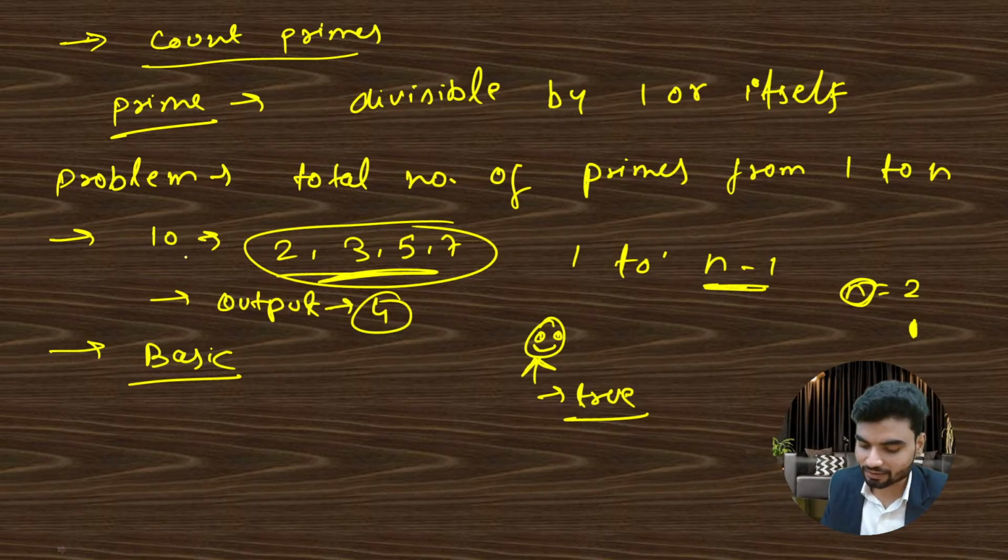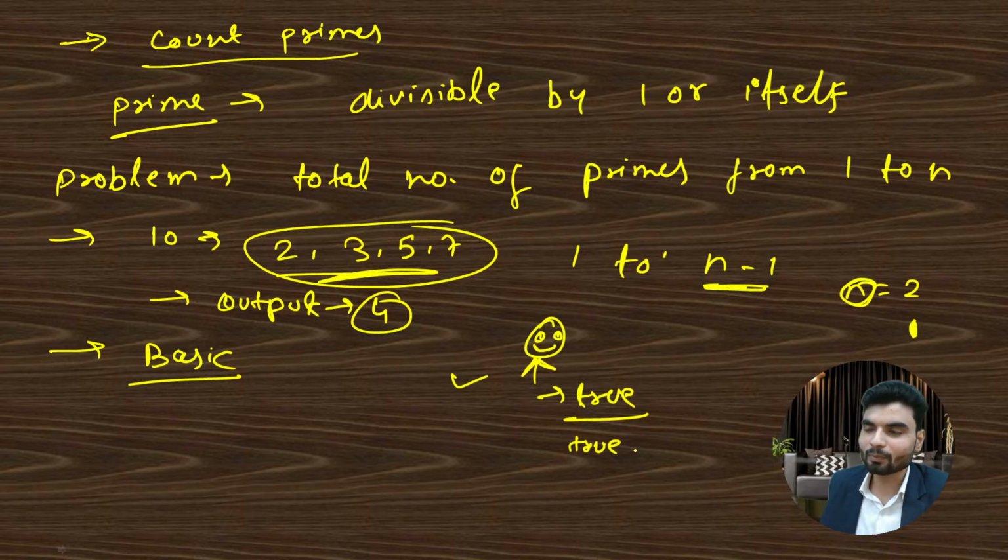But now, let's say n was 10. We run from 2 to 9, right? We pass 2 to this person, and this person says yes. So we will have a variable, let's say count, and we will increase it. Again, from the loop we pass another number, which is 3. This person says 3 is prime, true, so we do count plus plus again. We pass 4, this person says false, we won't do anything. Again we pass 5, the person says it's a prime number, true. Again it will pass 6, because we are running a loop from 2 to n minus 1.